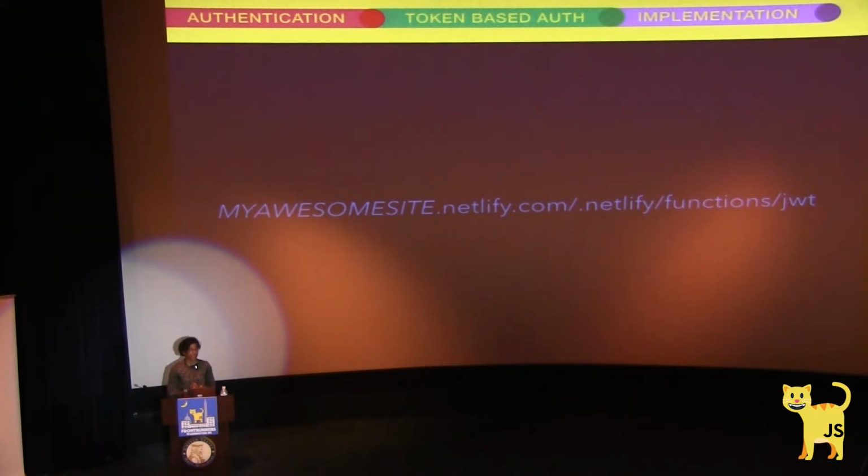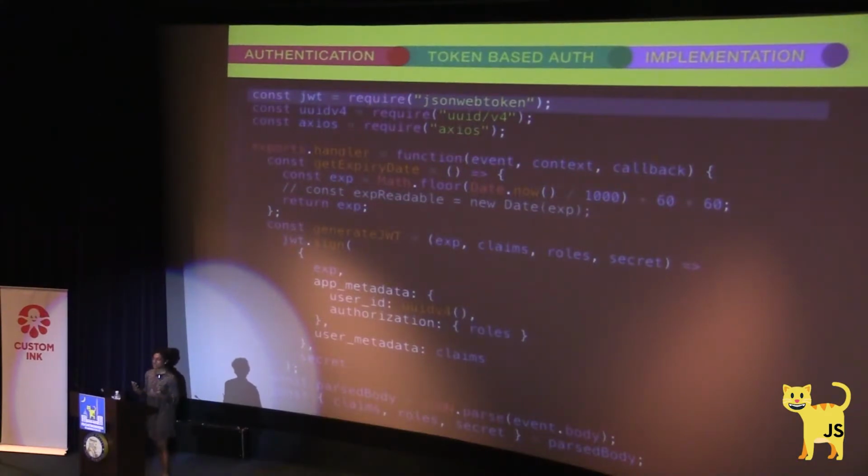And so what I'm going to do is create a separate endpoint. Instead of a server that has to run on a proxy or whatever, I'm going to create a separate function endpoint in which I can get my JWT. So it's an authentication server, so to speak. And this is not real. Please do not enter this URL. And so for the basic thing, I use a node module called JSON Web Token. Again, this is purely for example. I feel like I have to say this constantly: do not roll your own JWT ever.